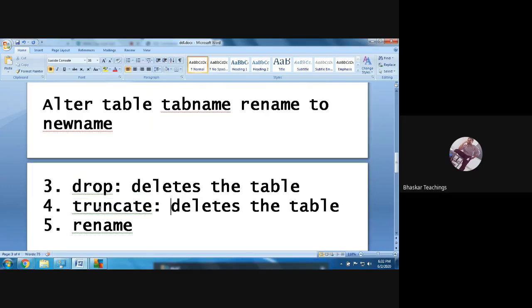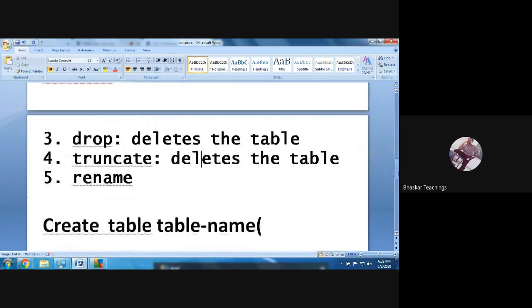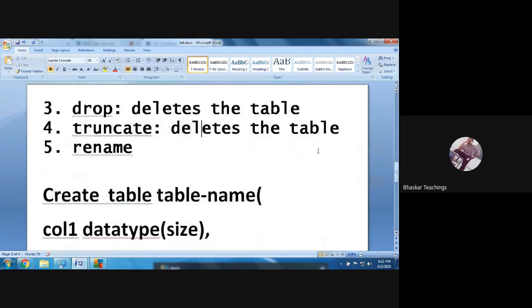Okay, so I'll execute truncate in the next classes because it deletes the table data, not the table, right? So let us enter the data, and next week we shall use truncate. So in this session I'm not going to show you the syntax of truncate, but simply it will be drop table name, truncate table name. Okay, so only the alter command is a bit confusing because it involves so many operations, but here the drop and truncate command operations are easy.